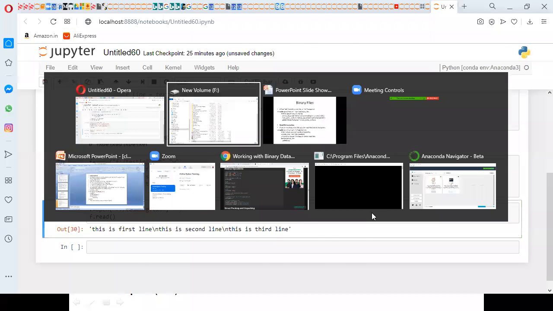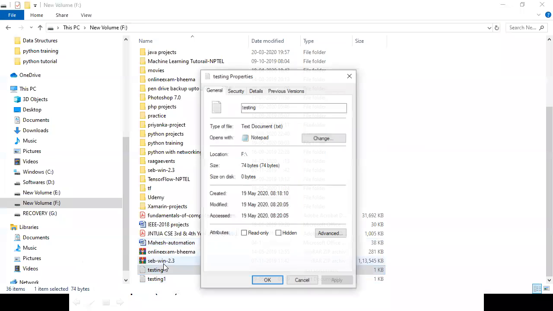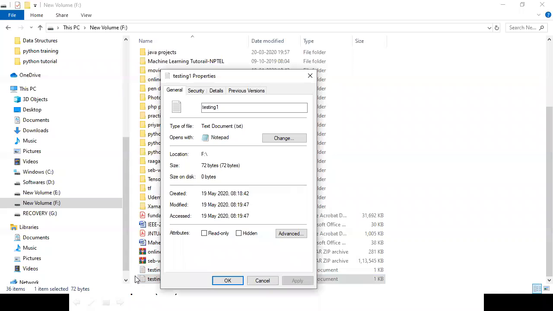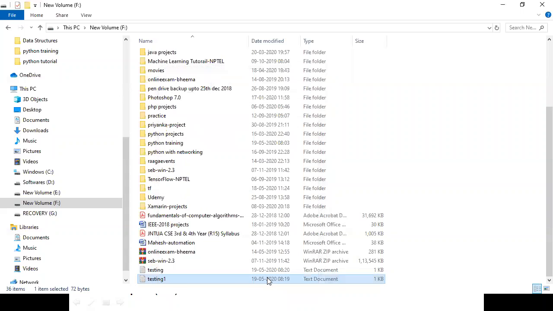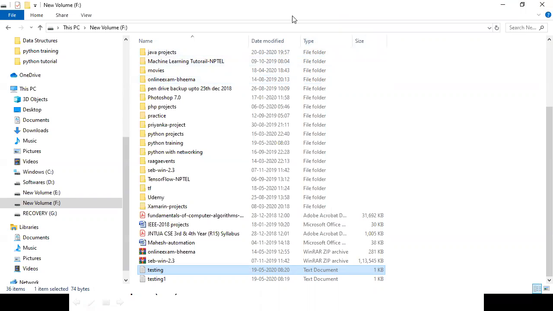So now when you observe testing, it is having 74 bytes, and testing 1 is 72 bytes. So variations are there. Content is same, but some variations are there. So why? Because it is storing in binary format, and the other one is storing in a normal file. So that is the difference between these two.